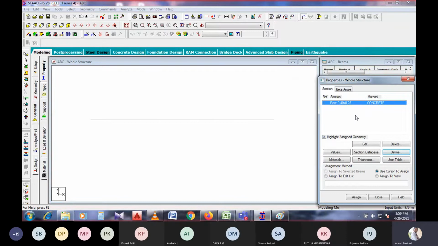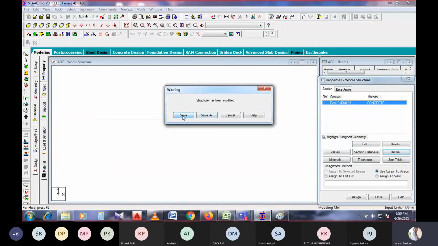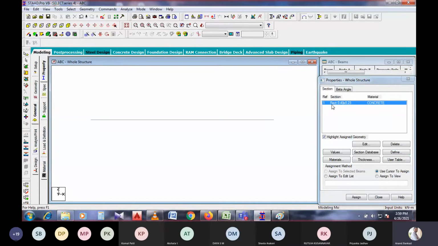Once we close this, the particular section we have created will appear in this dialog box with reference 1, right? The section size will appear over here, that is 0.4 by 0.23, and the material is concrete, which is selected by default, right? So now we need to select that section.